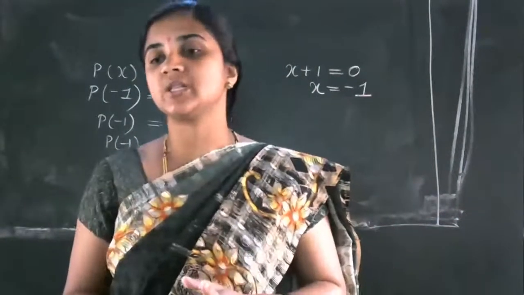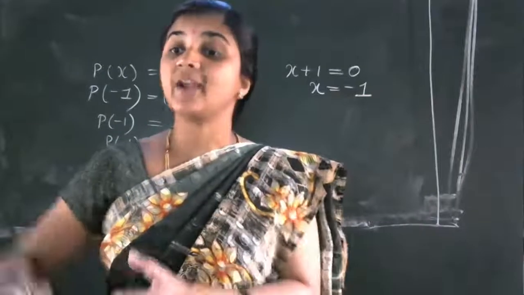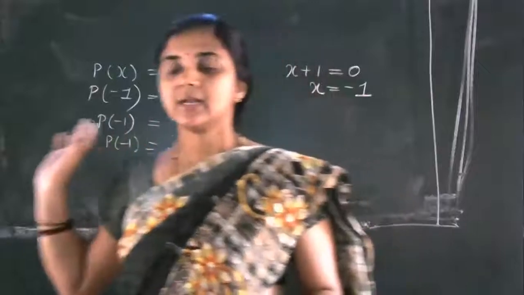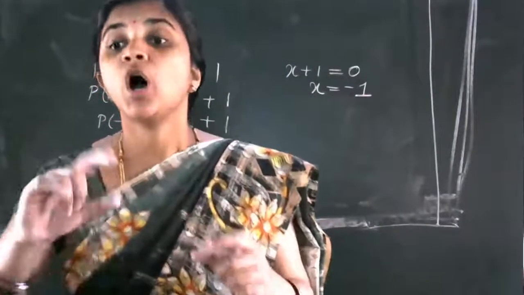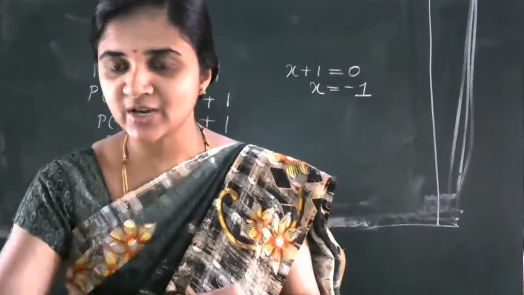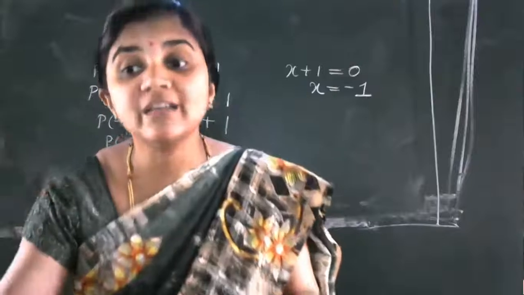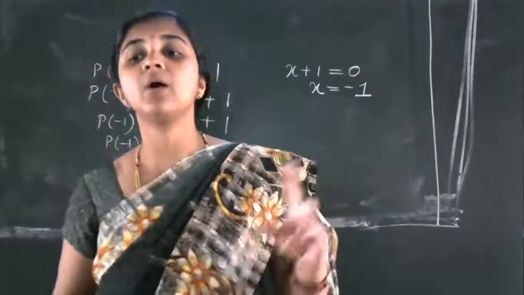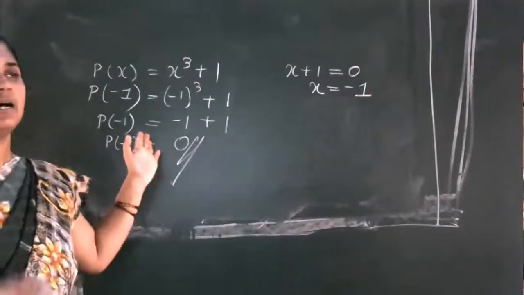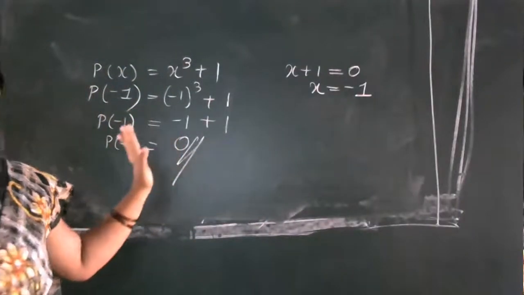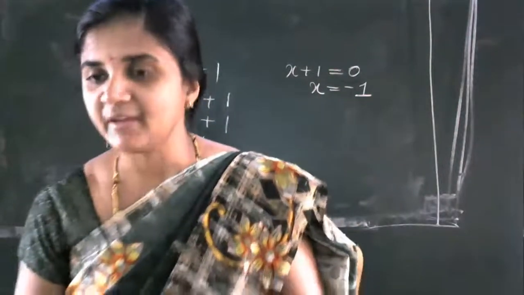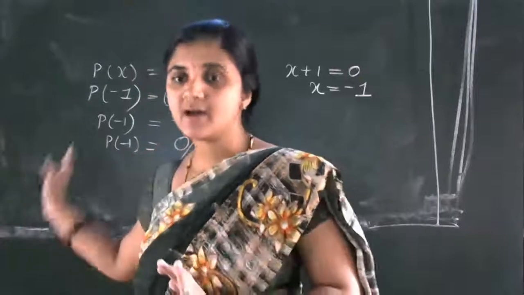Sometimes they will ask the question: using the remainder theorem method, find the remainder. Then the remainder theorem means this method only. Clear? Or sometimes they will ask the question: on dividing, find the remainder. In the last question we discussed, you can observe the question pattern: on dividing. Then you have to choose the long division. For the verification part you can observe the remainder theorem method also, but verification is compulsory for the long division method, not for the remainder theorem method.